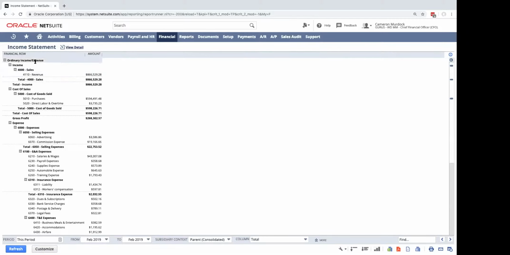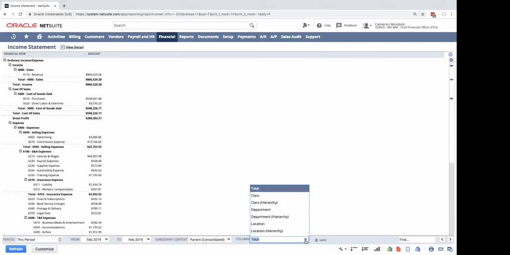And now we have our first look at a NetSuite financial statement, in this case, an income statement. And we'll notice that we have our financial sections of the report based on financial rows. At the bottom here, we're going to notice our filters. We can filter by date and by subsidiary. In this case, we're looking at the top level subsidiary, but we could filter down if we had a multi-subsidiary instance. And then finally, we have our column here, which is really how we're slicing and dicing our data.